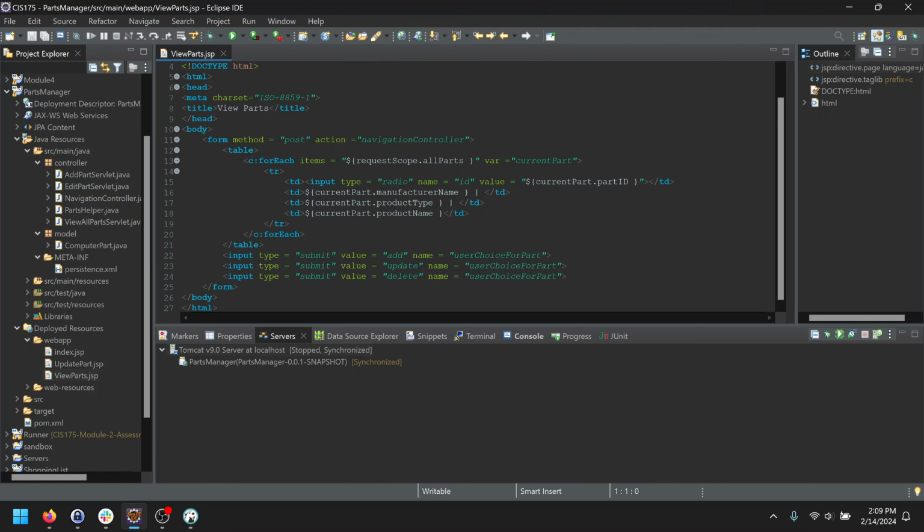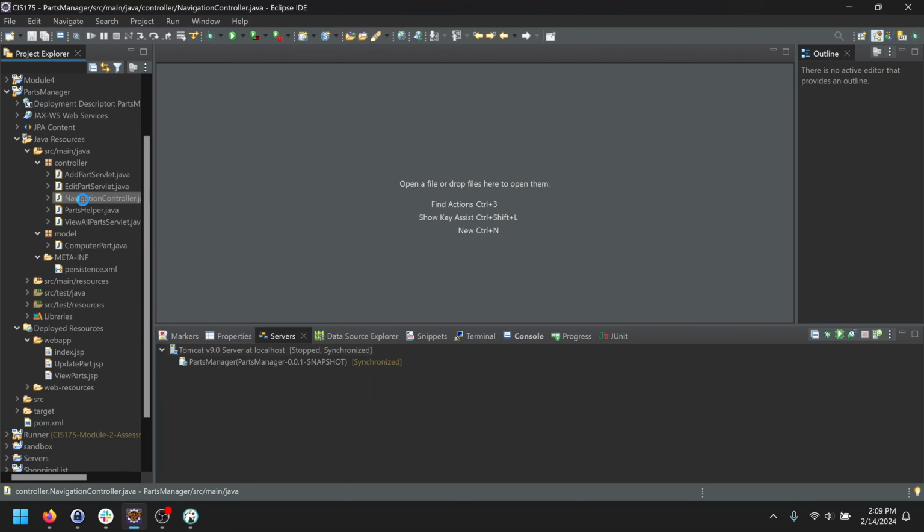And then the ability to view. In the view, we're setting it up where they have radio buttons. So that way when they go to update or delete, they can click the radio button for one specific thing and then get redirected. If we pull into our servlets here,